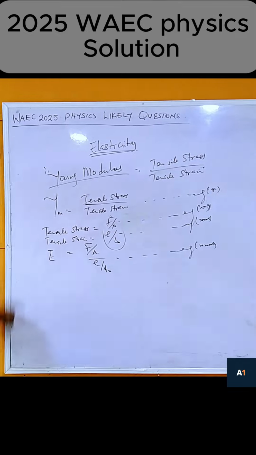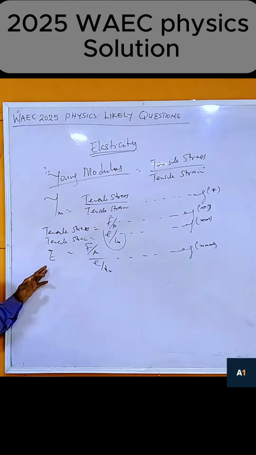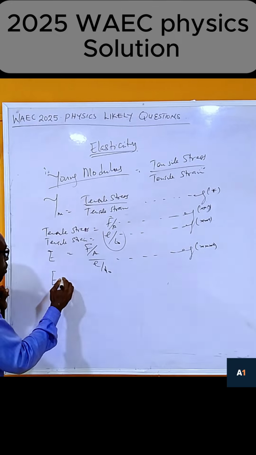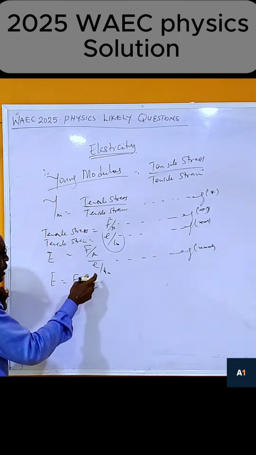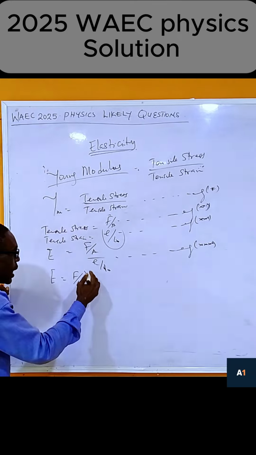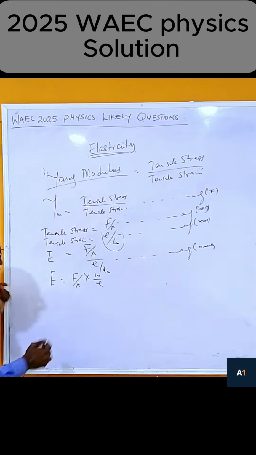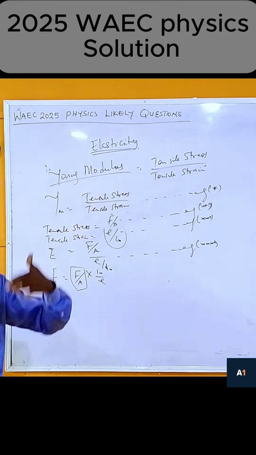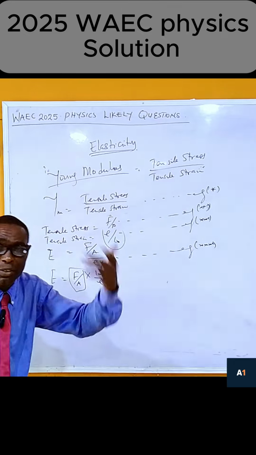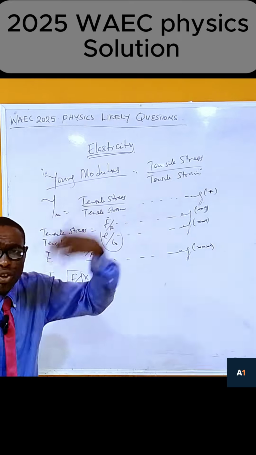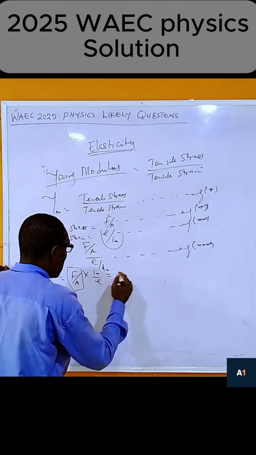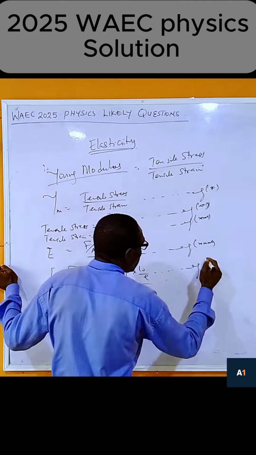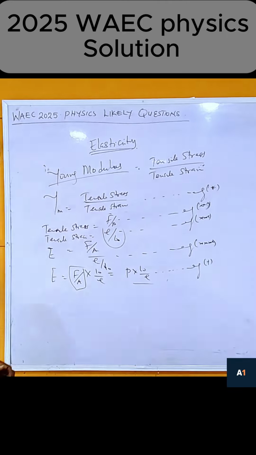Now, if you look at this one critically, they may ask you to make it in another form. So tensile stress can also be in the form of what? F over A, then you cross multiply, times L naught over E. Now, you remember that F over A is called the pressure, because pressure is the force acting normally per unit area. That is the definition of pressure. We can also say the pressure times L naught over E. So this is another formula, which can be equation dagger for another formula.